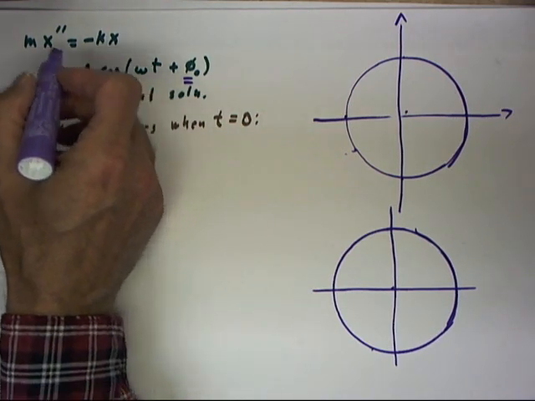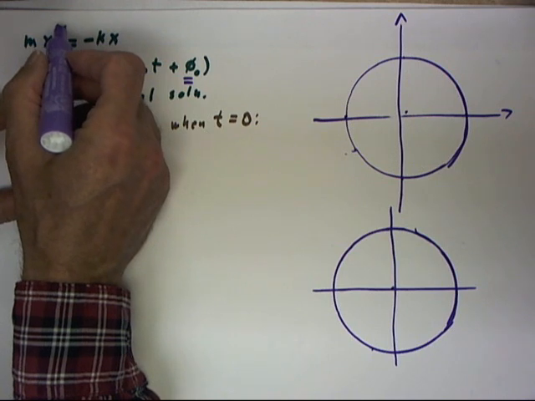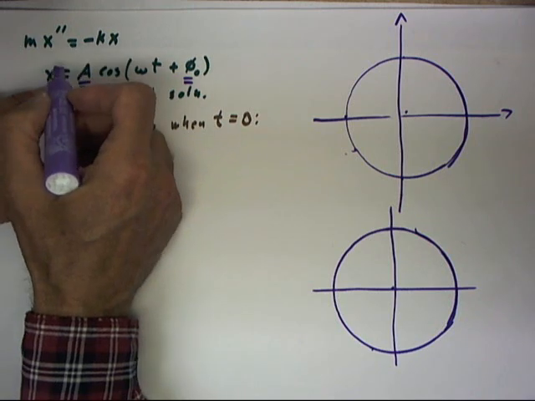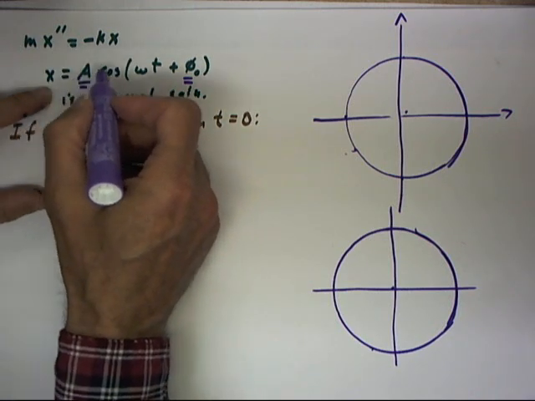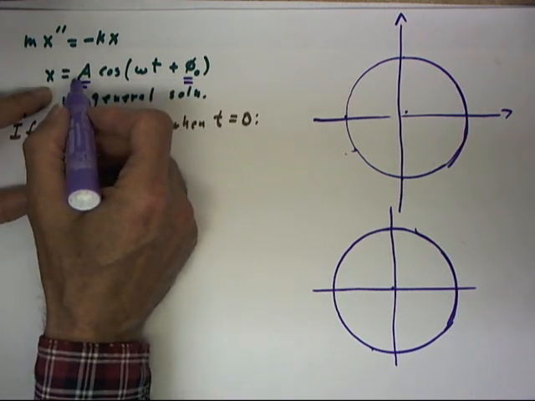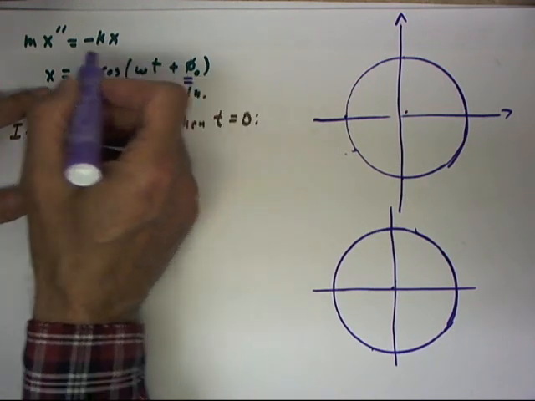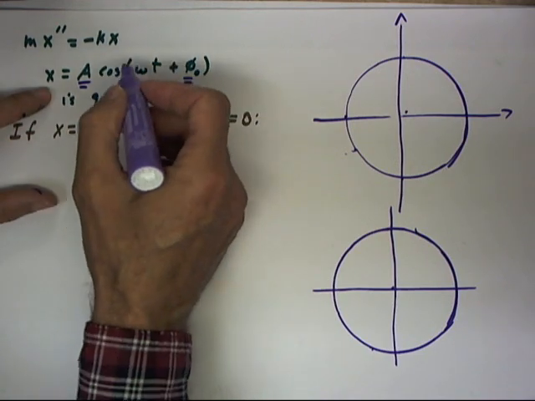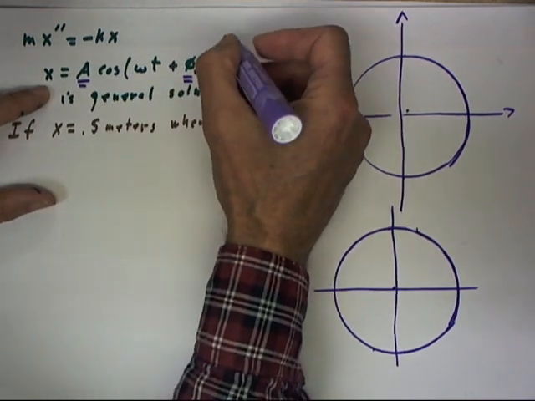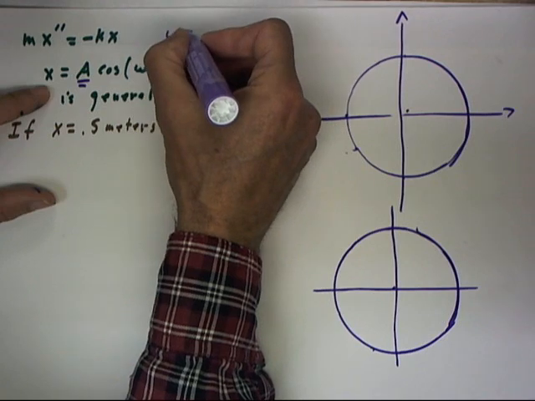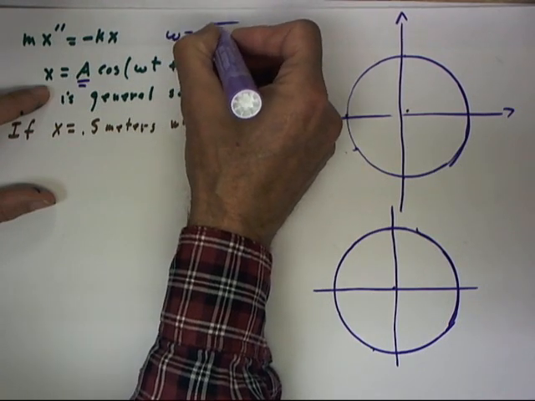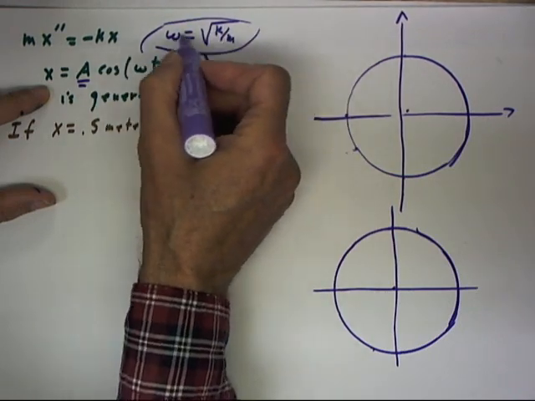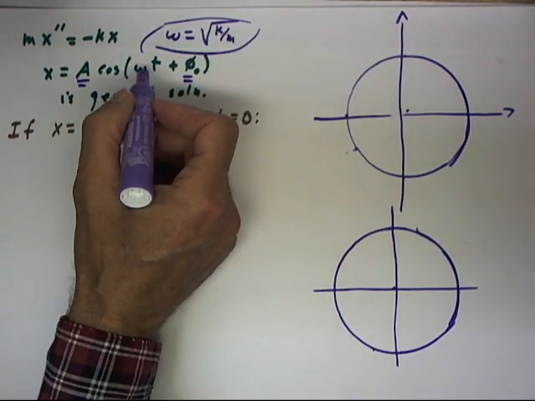This is to be expected when we have a second order equation. If we do two integrals to get x, whether we actually do two integrals or not, we're going to expect to get two constants. So we get the two constants, A and phi sub 0, to the second order equation, mx double prime equals negative kx. And this omega, I don't know that we've mentioned this omega, but this omega is just the square root of k over m that we saw before. So it's just a shorter way of writing the square root of k over m that we saw in the